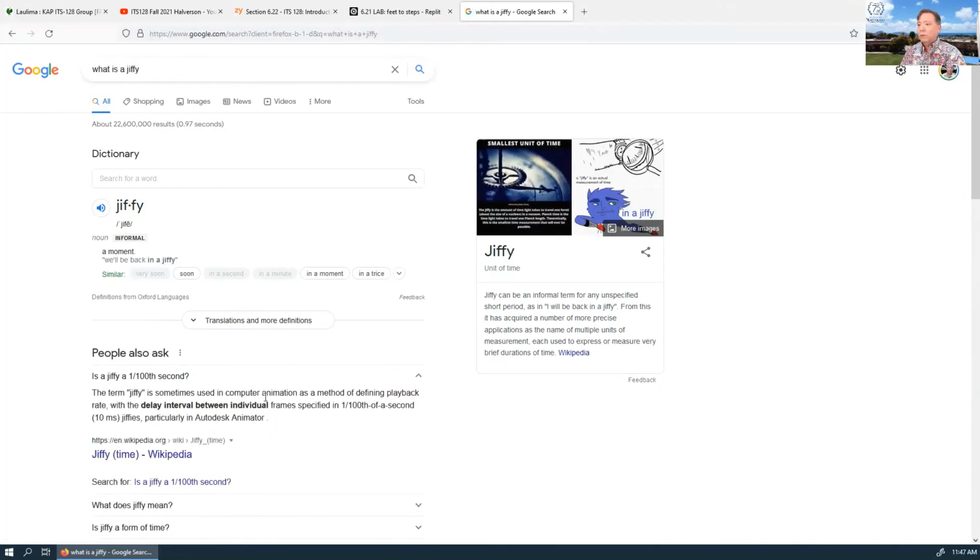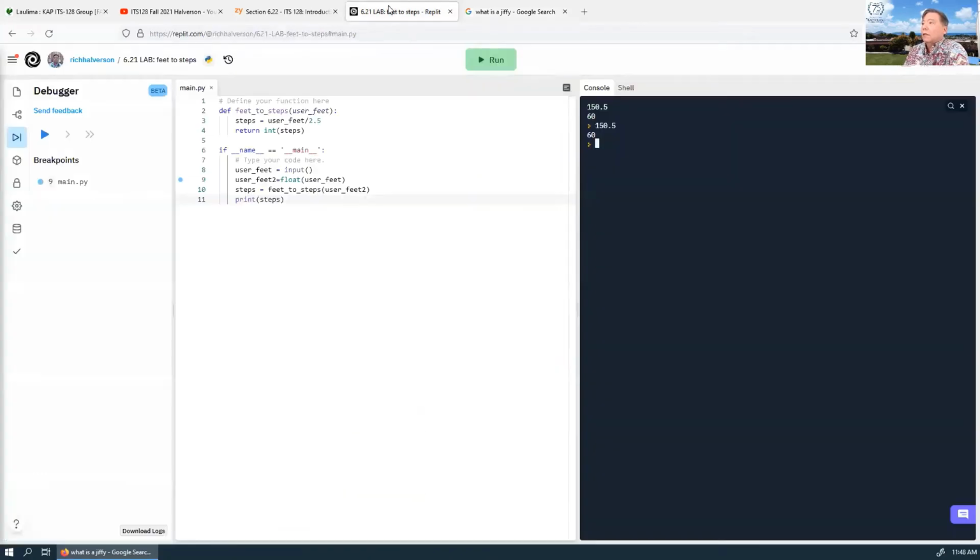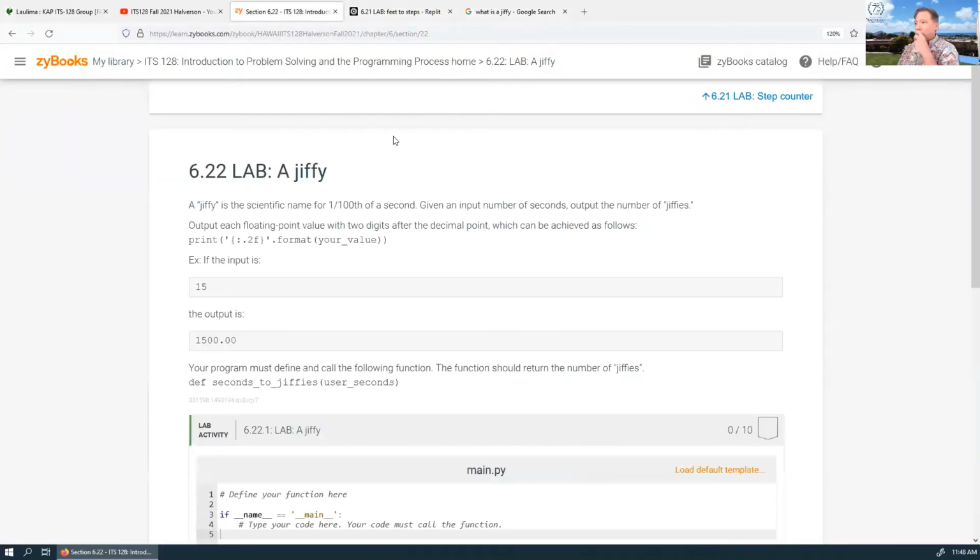Oh, is a jiffy 1/100th of a second? All right, I guess it is. Okay, so anyway, sorry. We're supposed to input the number of seconds and output the number of jiffies. Don't we just have to multiply by 100 or something? Output each floating point value with 2 digits after the decimal point. So we're going to use this format, a floating point number with 2 digits to the right of the decimal point,